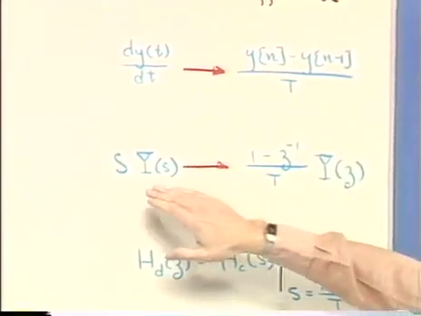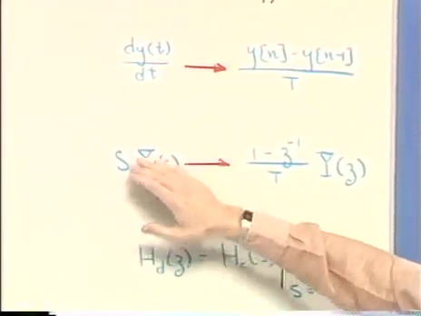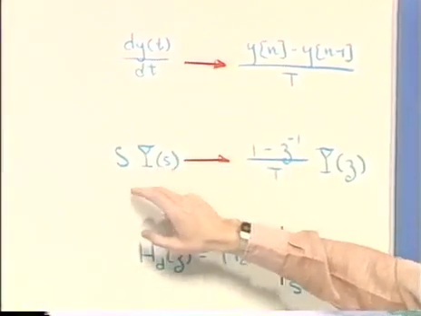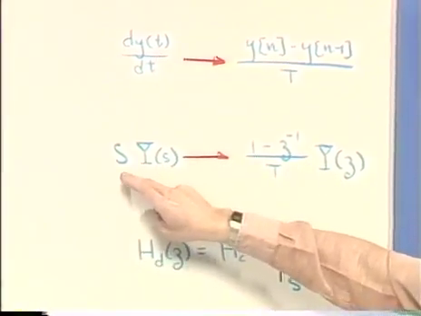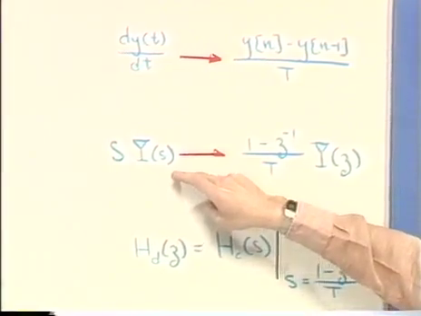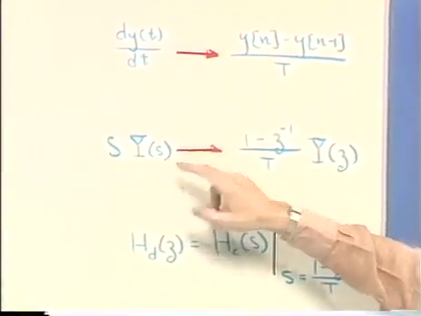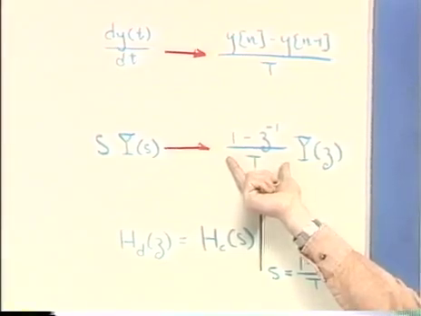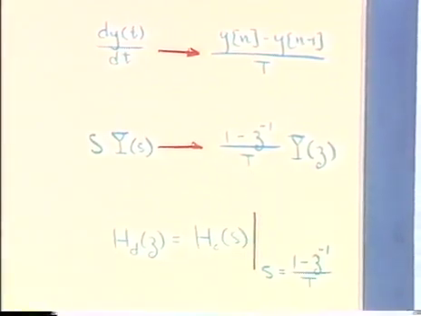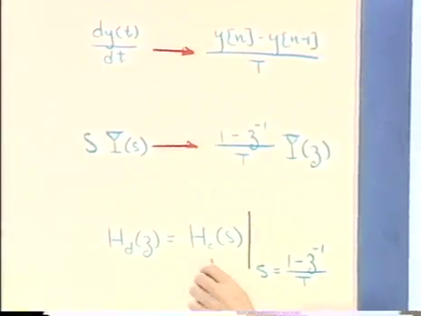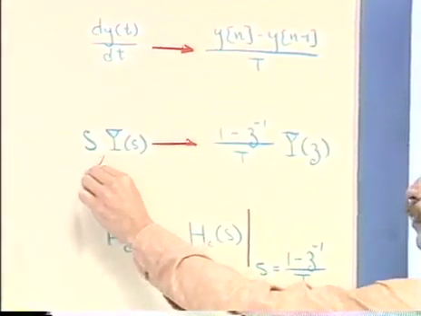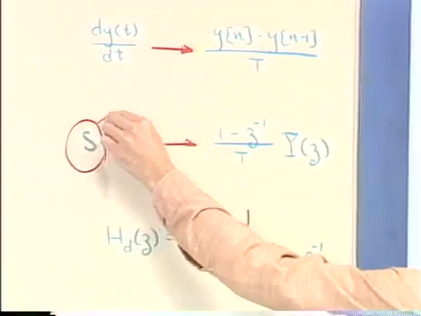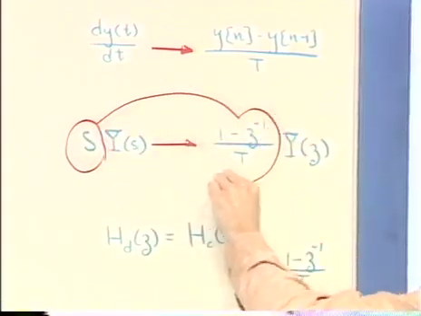And so, in effect, what it says is that every place in the system function or in the differential equation that we would be multiplying by s when we Laplace transformed, in the difference equation we would be multiplying by this factor. So, in fact, what this means is that the mapping from continuous time to discrete time corresponds to